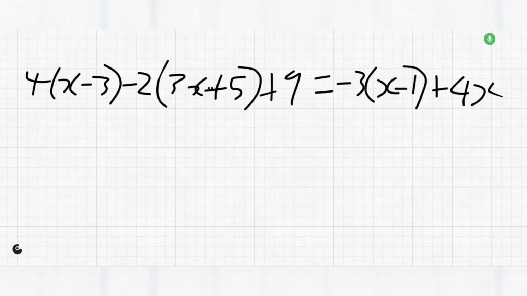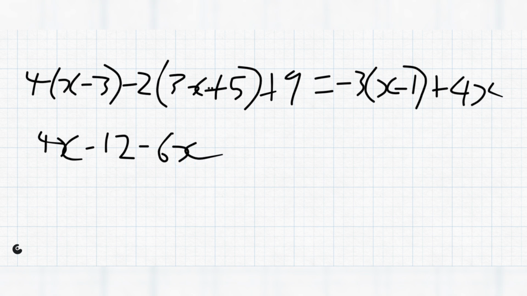So we have to distribute to the terms in the bracket so that we eliminate the bracket. So we are going to have 4 times x, 4x, 4 times minus 3 will give us minus 12, minus 2 times 3x will give us minus 6x, minus 2 times plus 5 will give us minus 10, plus 9 equal to minus 3 times x will give us minus 3x, and minus 3 times minus 1 will give us